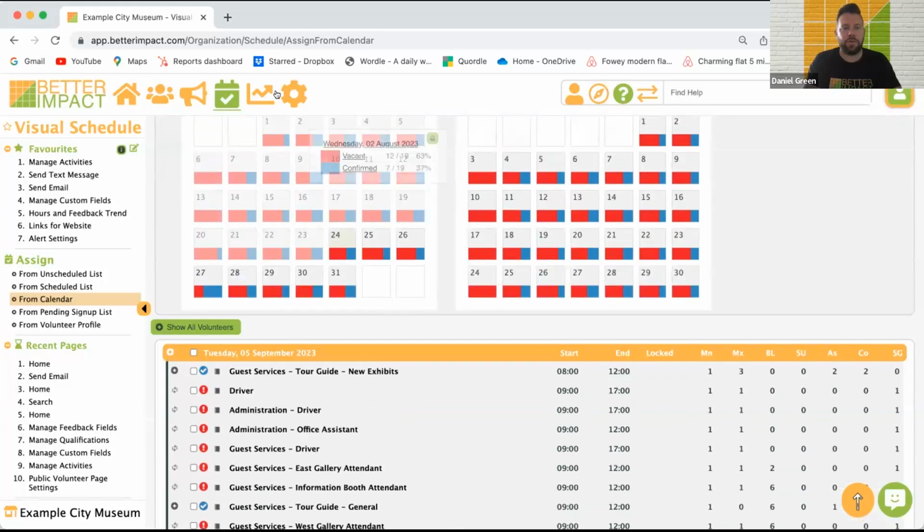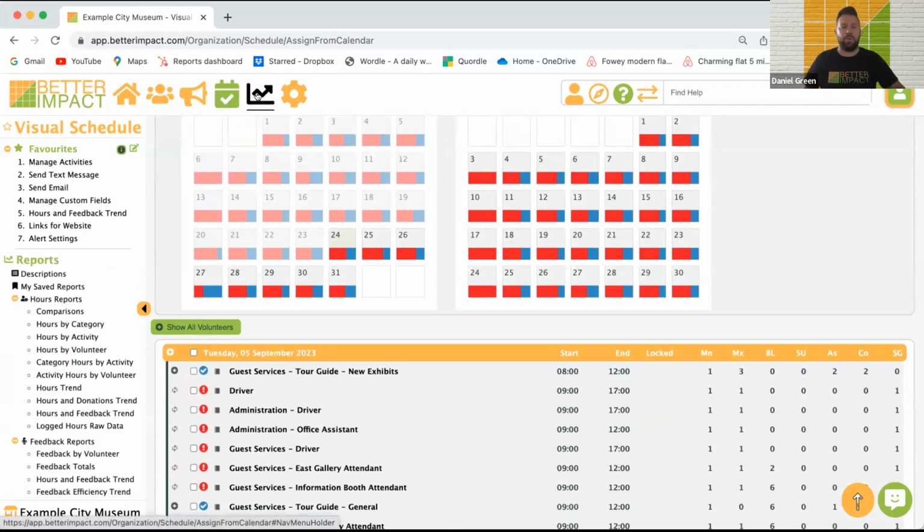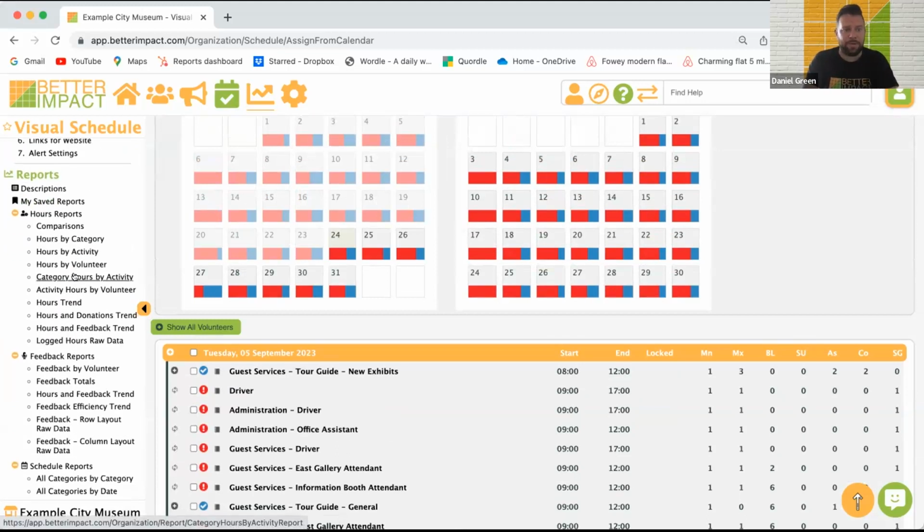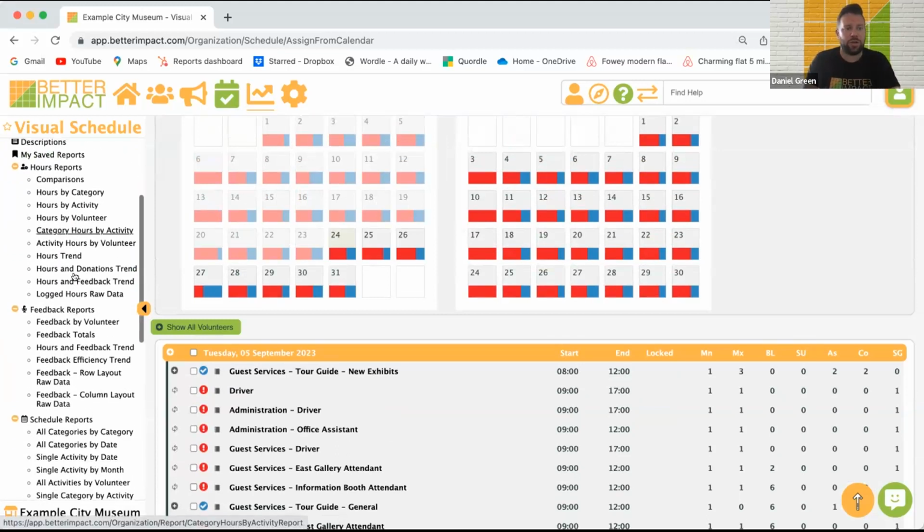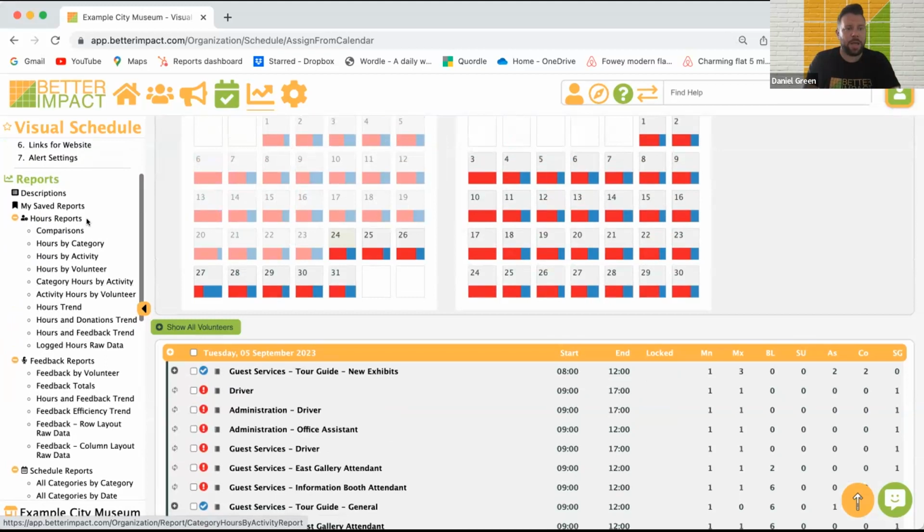Now, if we move along to the top here to reports, it's great to know that you can report on pretty much everything, all data that you've tracked and recorded. So click on reports. Again, brings up everything here on the left-hand side. I'll just show you a couple of reports here. I'm going to show you hours by volunteer to begin with. So once we click on hours by volunteer,